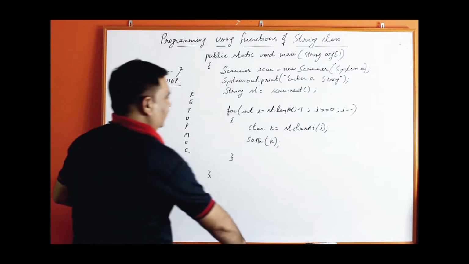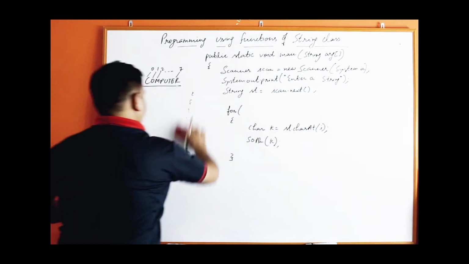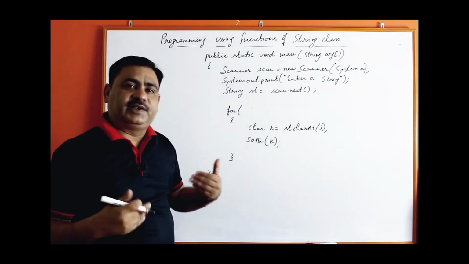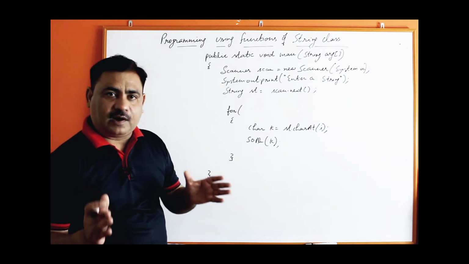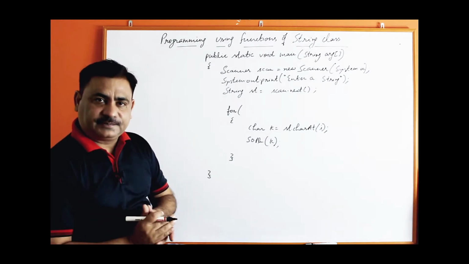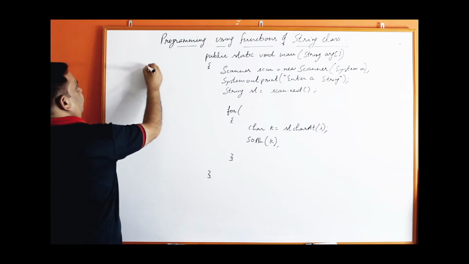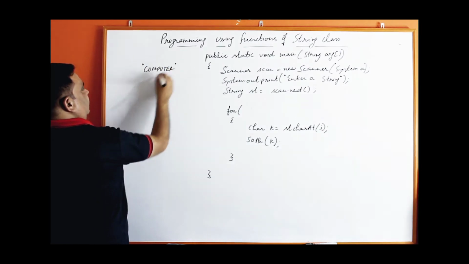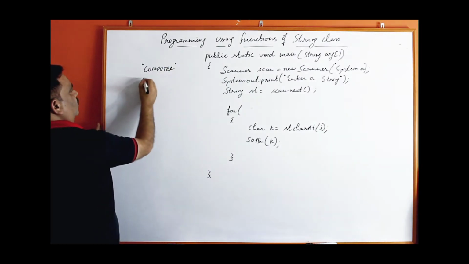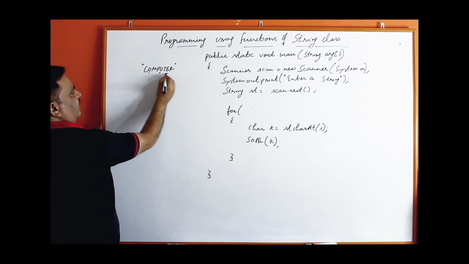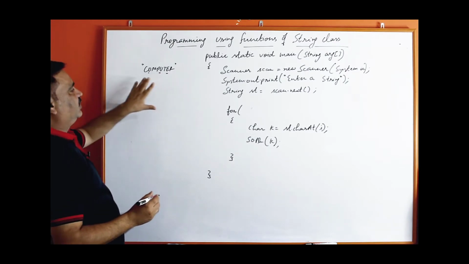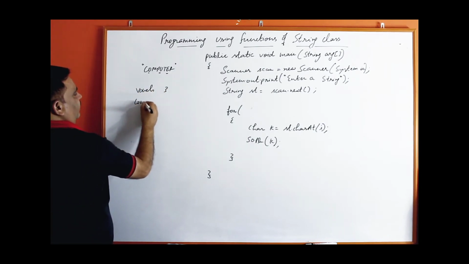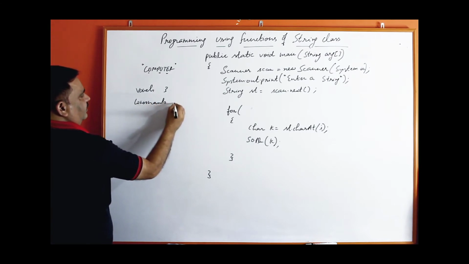Now let's continue with a new program. And what is that? In the new program you have to input a string and find how many vowels and consonants are there. Same example, if the word is computer, this is the word, and how many vowels? The vowels are O, U and E, and the rest of the characters are consonants. It means 3 vowels, and consonants are 5.